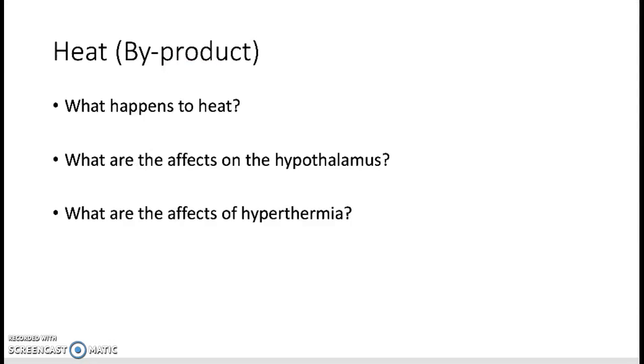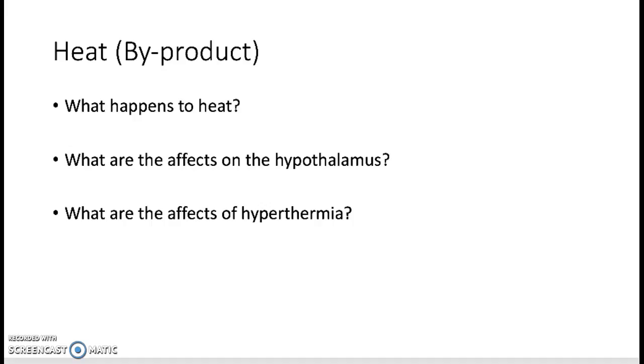80% of oxygen consumption ends up as heat, and 20% ends up as mechanical work. Most heat is dissipated. At high exercise intensity and environmental temperature and/or humidity, heat storage is elevated, resulting in an increase in body core temperature, hyperthermia, resulting in fatigue, which causes intensity to drop, so performance worsens. If you're too hot, it affects the hypothalamus,